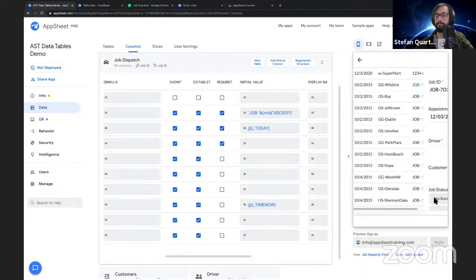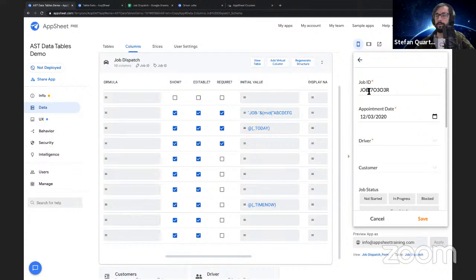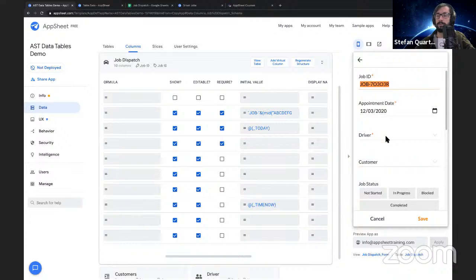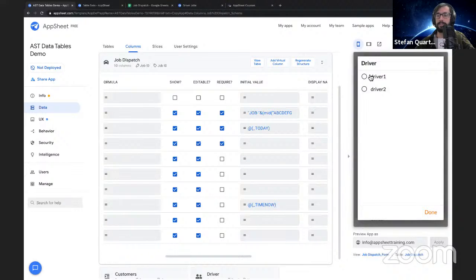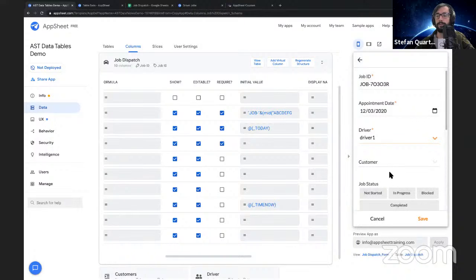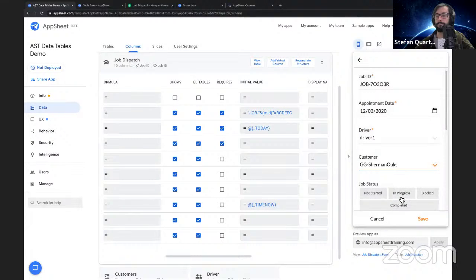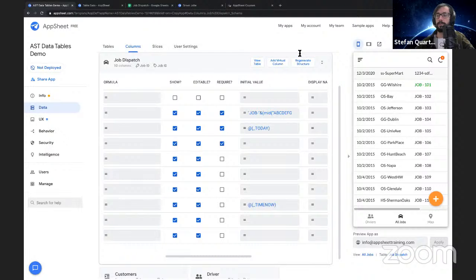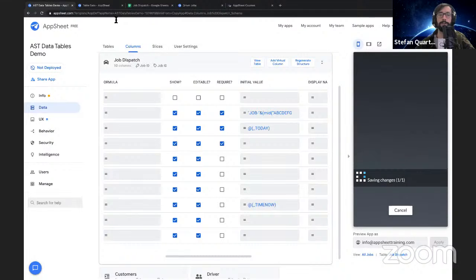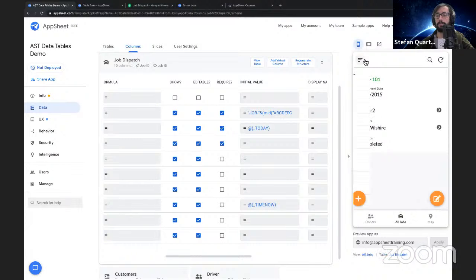And I'll add a new job. There we go. Now I still have to pick the driver. I want this to automatically select me, driver 1, okay? I'm going to push this thing through so that you can see, even though it said driver 1 in the column,